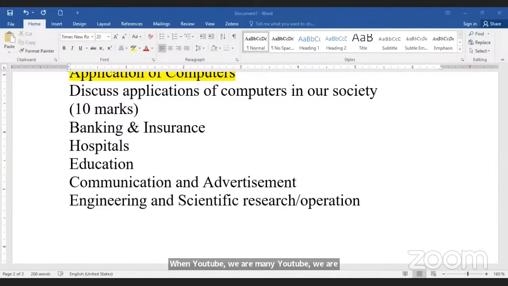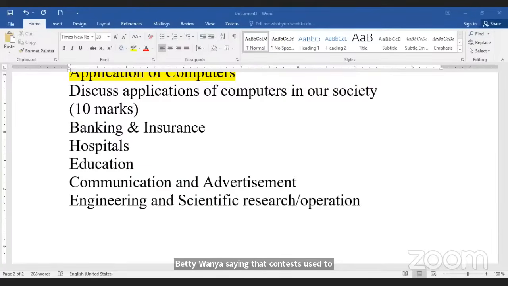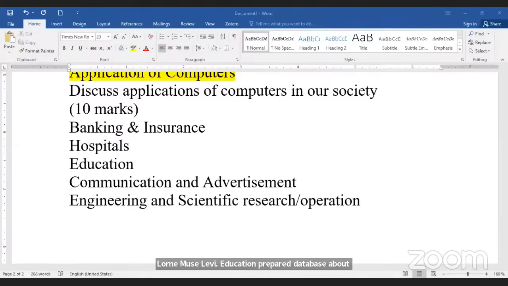Volcan is saying that in a hospital, computers are used to handle both discrete and analog data. Betty Wanyama is saying that computers are used in homes to play games and watch movies, that is entertainment. Tobias Nyongesa, computers are used in our society in the processing of information. Lauren Musilivi, education, to prepare a database about student performance. In sports,